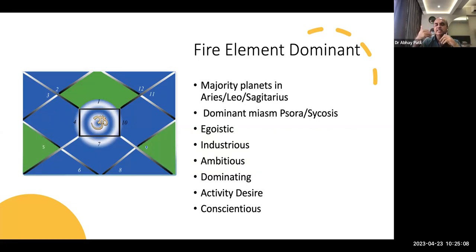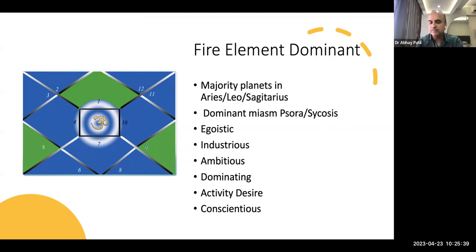Even in Ayurveda, they have this siddhanta that your body is made of Vata, Pitta. Same way in astrology, you've got these 4 elements on which your whole personality is based, or you get diseases or you don't get diseases depending upon this element which is strong. So fire element basically means it is the ATP, it is the domination, it is the fire in you, it is the ambition